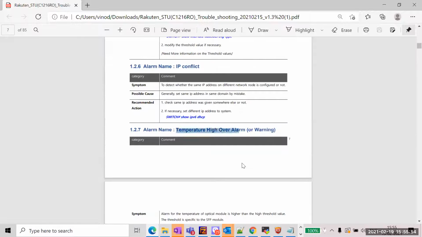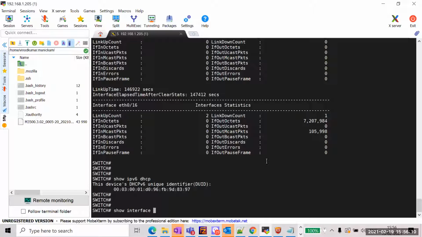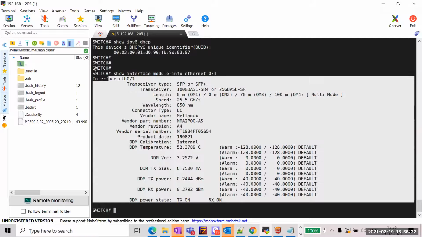Then the alarm. This is the temperature over alarm. So supposing for a particular SFP module the temperature is going high or going low, you can check the threshold values. Let's say we have the interface 1. Here it depends on the SFP specification. You can check the transmit power, receive power, and the state, what kind of SFP is used, what speed it supports, what the wavelength is, and what the vendor name of the SFP is. These details you can check